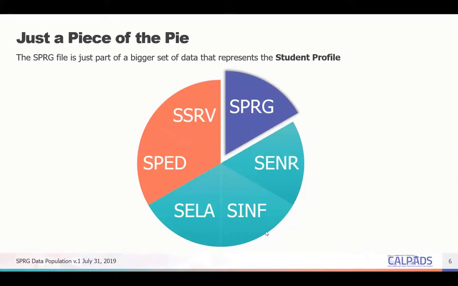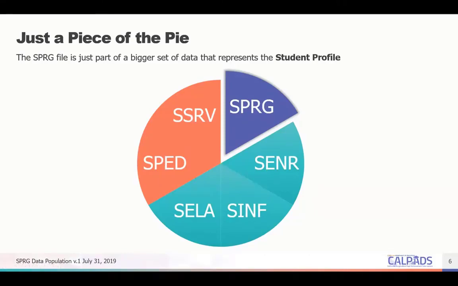You also have the SINF record, which includes the student's demographic information as well as student address. And then you have your SILA record, which reflects the student's English language acquisition status. And for students with disability, you also have the SPED record and the SSRV or student